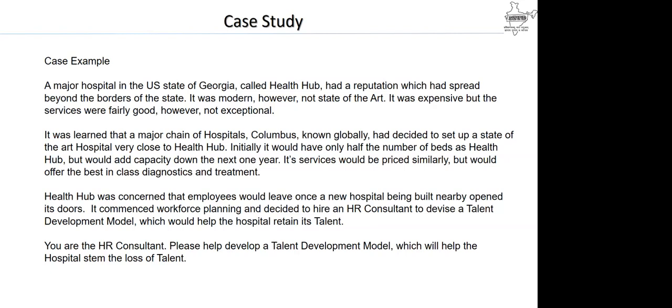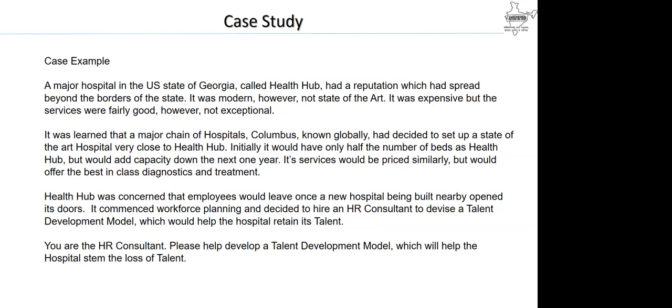So you can see this hospital now is in a bit of a difficult situation. You have a big player coming in the neighborhood, and so far they have been secure, and so far they have been kind of expensive, but still not really delivering that much value. And now you have an organization coming in which will deliver the best at similar price points, if not lower. So therefore, this hospital now has to create, if not a full-fledged model, a set of very critical actions